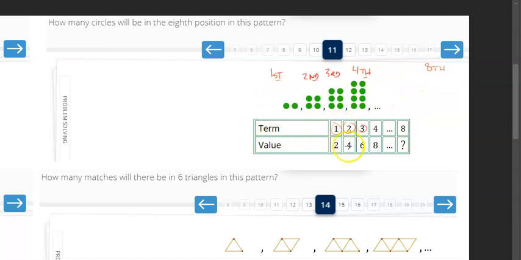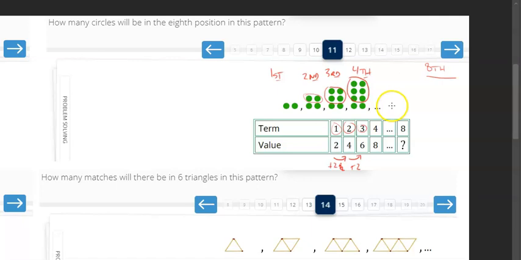Well, we know in the first one there are going to be 2, because this is just the pattern that has been established. The first one's going to carry 2. And then the next one, we're going to add another 2. So we're just going to add 2 to get 4. And then again, we're going to add another 2 to get 6. And then add 2 to get 8. Now, logically speaking, you can just keep adding 2 to get the 5th, 6th, 7th, until we get the last